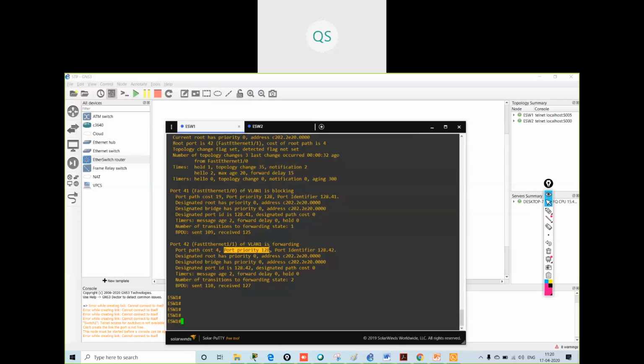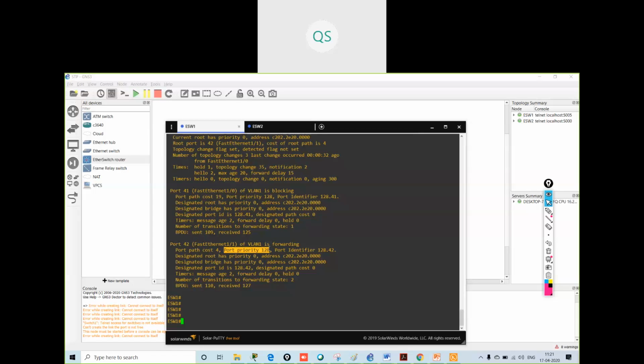If the cost is the same, and the bridge ID is also the same, first it will see the lowest root path cost. Then what will it see? It will see the lowest sender's bridge ID. If the root path cost has a tie, it will select the lowest sender's bridge ID.